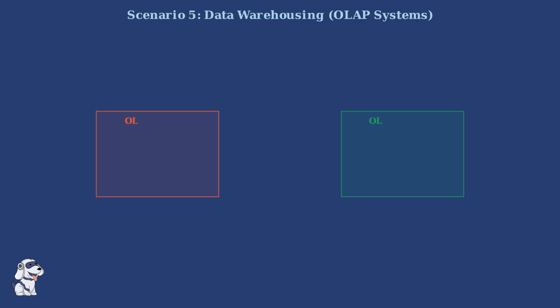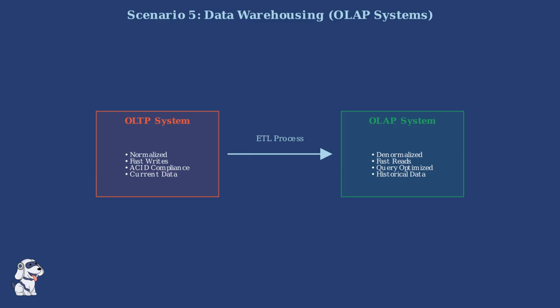Data warehousing represents the most comprehensive application of denormalization principles. OLAP systems prioritize query performance over storage efficiency, using techniques like star schemas and dimensional modeling to optimize analytical queries. The star schema design places a central fact table surrounded by denormalized dimension tables. This structure eliminates the need for complex joins during analytical queries, enabling fast aggregations across large datasets for business intelligence